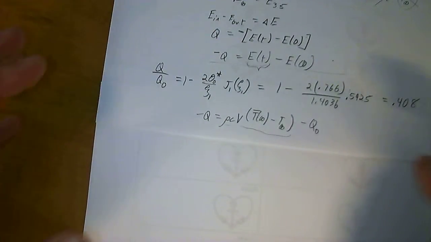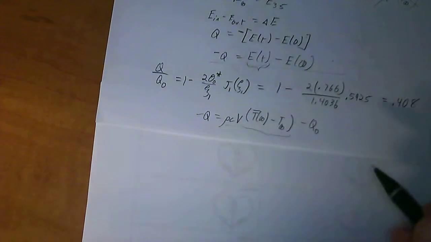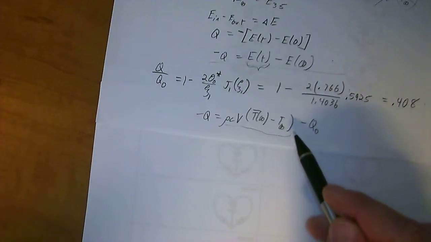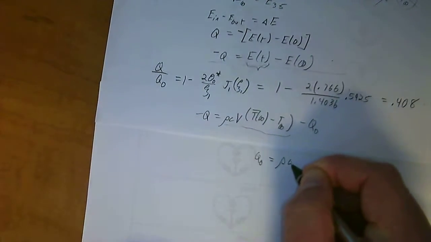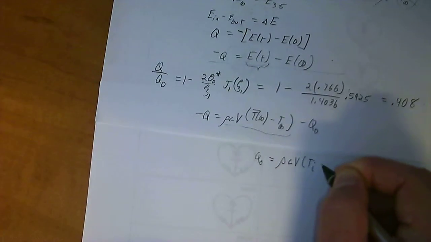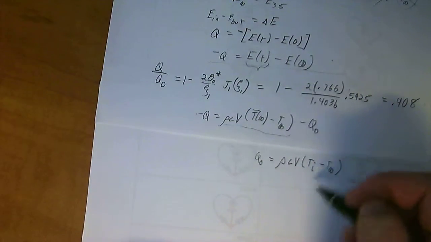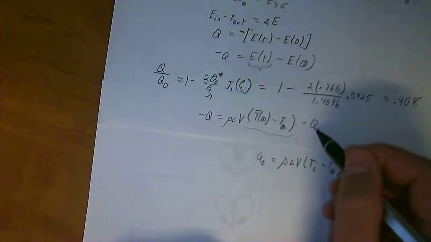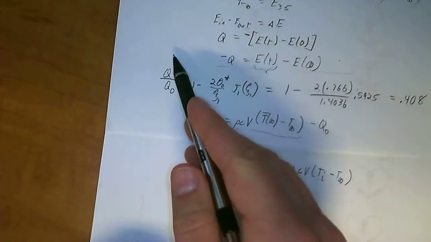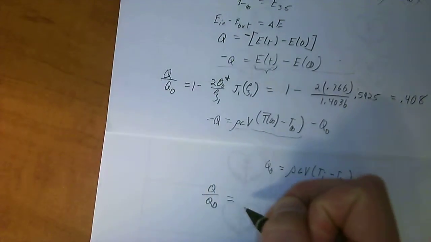So all the energies that ever were, or added, or came, or left, are the ones that you have to use in this equation. If you say Q naught is equal to rho CV of T initial minus T infinity, where this is T infinity and this is T initial, and you put that in here and divide it all by Q naught so that you have it in relation to this, we've got Q over Q naught is equal to